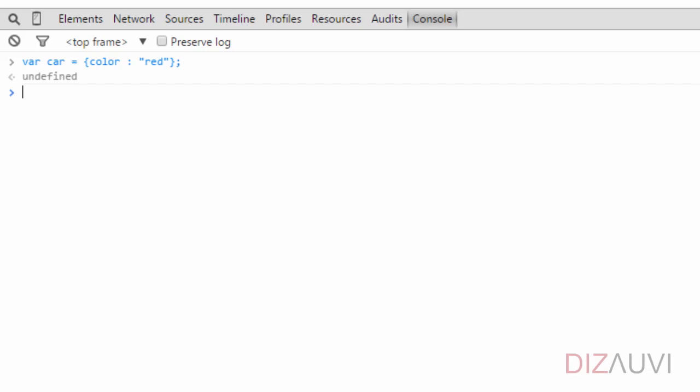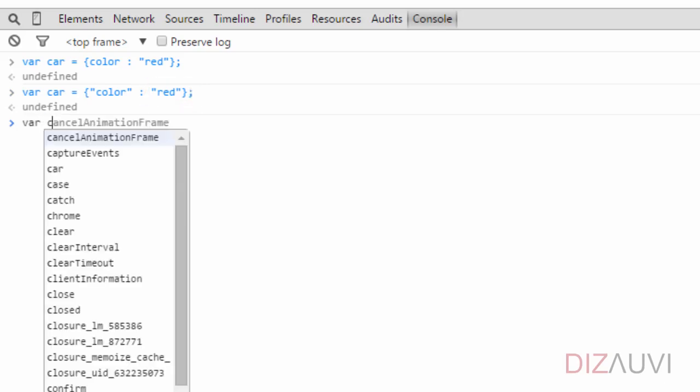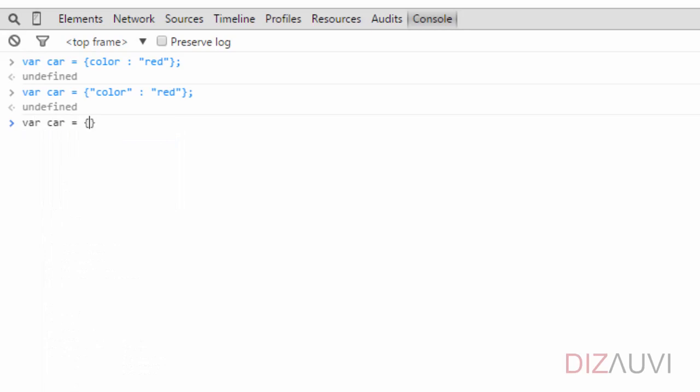Note a couple of things. As said earlier, property names are just strings. So color is a string or sequence of characters. And there is no need to put it in double quotes, alright? Because it's a name of a property of an object, so JavaScript knows that it is a string. But if you want, you can go ahead and put the property name within quotes, but it's not required. The value of this property, which is a string, however, must be put within quotes, because JavaScript wouldn't know the data type of a value otherwise, because the value can be anything. So we can't write red without the quotes, alright?